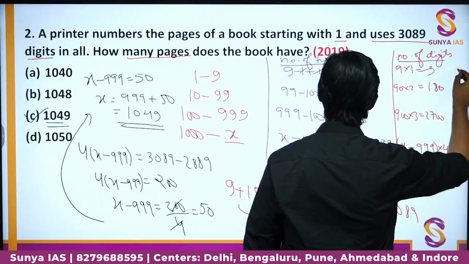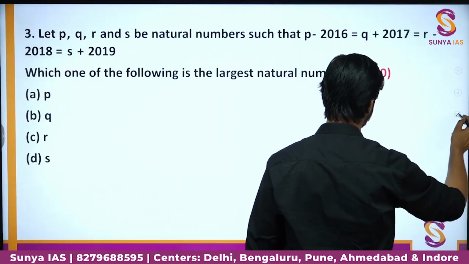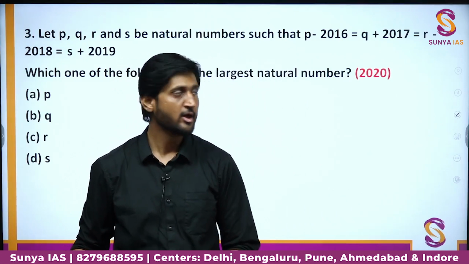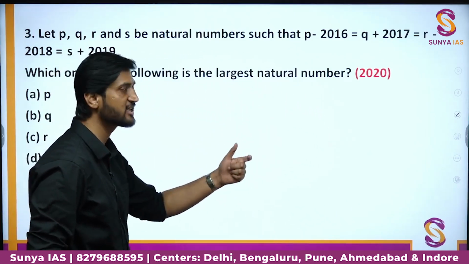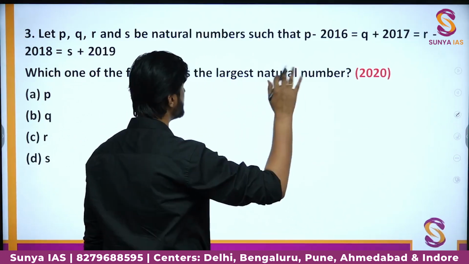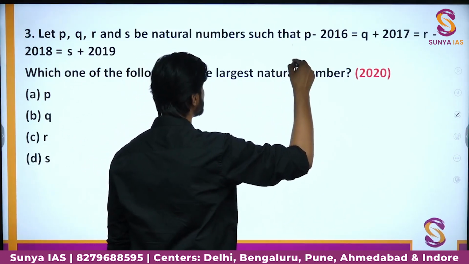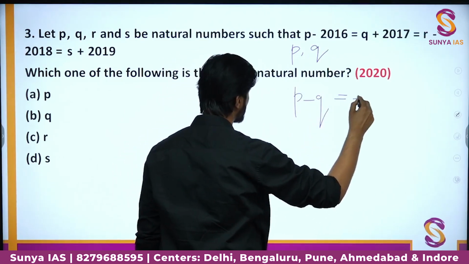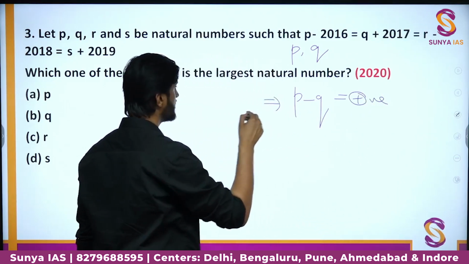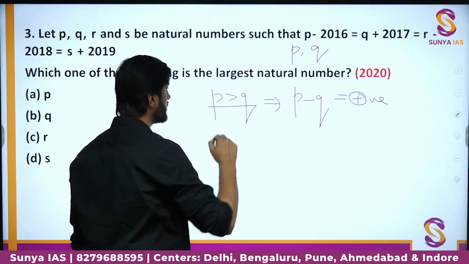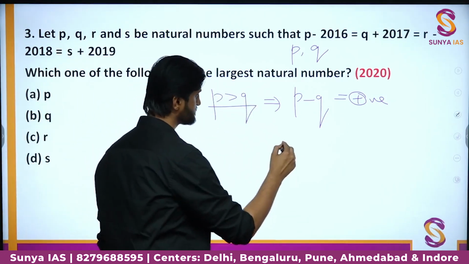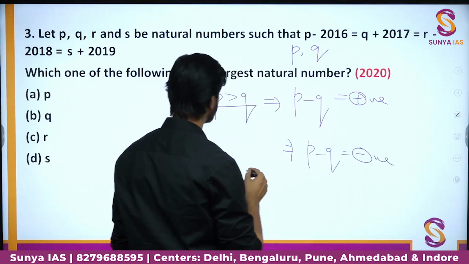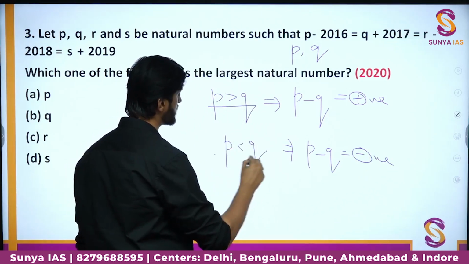Okay. Moving on, we now have this third type of question in which you have to compare which value is the largest or which value is the smallest. The general idea for this type of question, when things are given in addition or rather in that way, is that if there is a number p and a number q, and p minus q is positive, that will simply mean that p is greater than q. On the contrary, if you subtract p minus q and the answer comes out to be negative, that means p is less than q. It is a very basic idea.